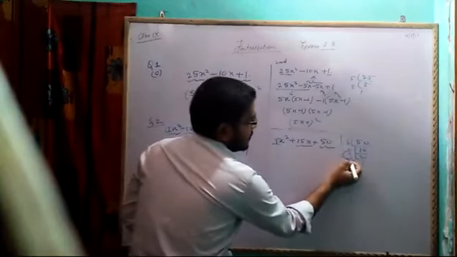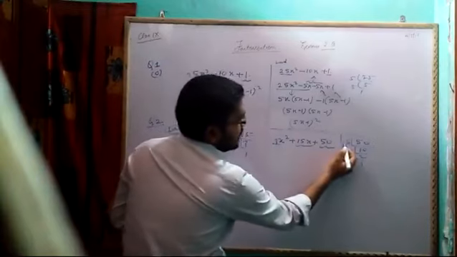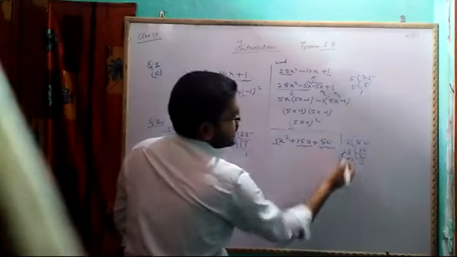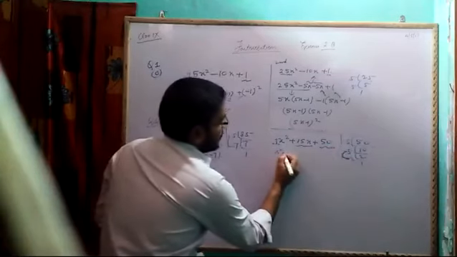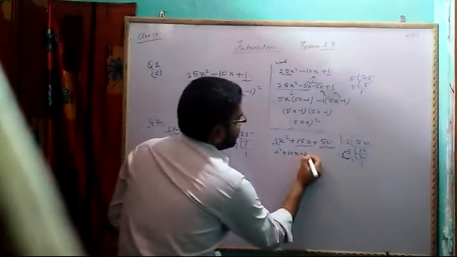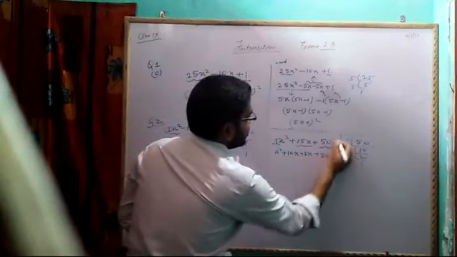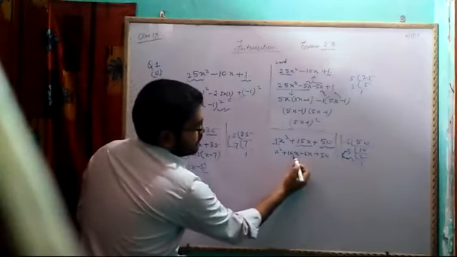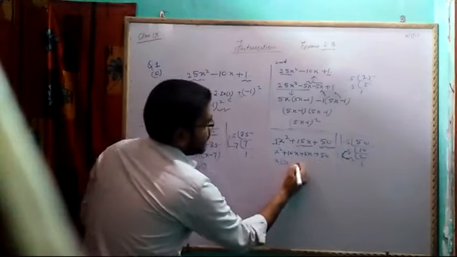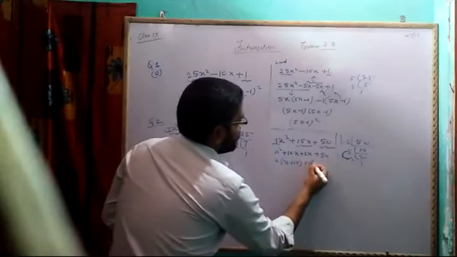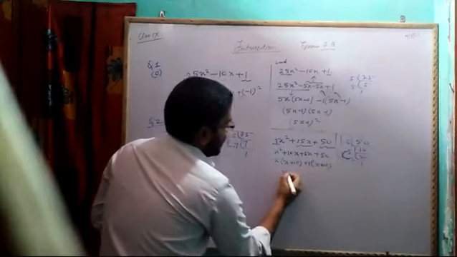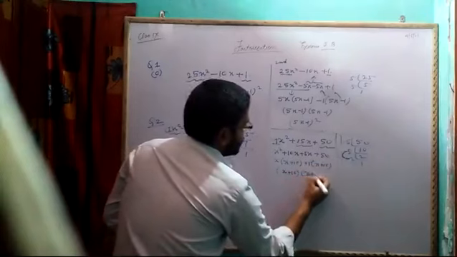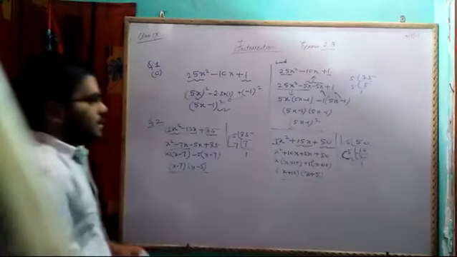So now if you multiply these two, 5 2s are 10, 10 plus 5 will be 15. Pairing like this you can make: 5 2s are 10, 10 and 5. So it will be x square plus 10x plus 5x plus 50. Now my dear student, you see what has happened: 10 plus 5 is 15, 10 into 5 is 50. X common, so x plus 10, plus 5 x plus 10. So x plus 10 into x plus 5. I hope it is clear.